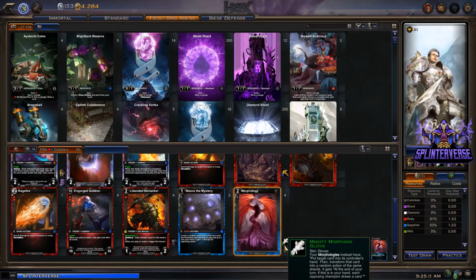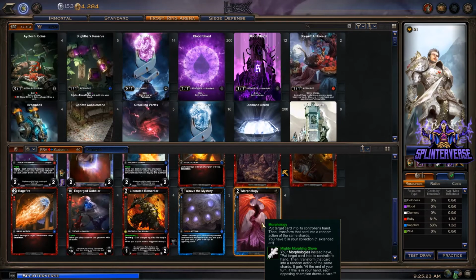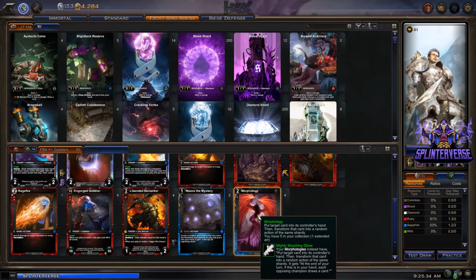If this is in your hand, each opposing champion draws a card. So you get kind of that additional bonus of drawing cards. That's a very powerful equipment. This can work in a lot of decks. Keep that in mind if you're building your own Frostring deck. If you've got this equipment, which it's an uncommon piece, so it's not that hard to come by, you can